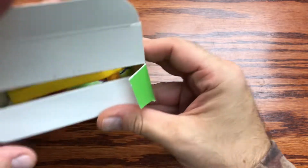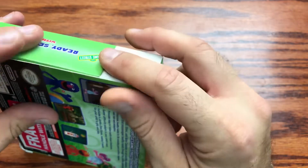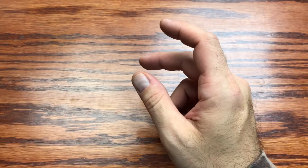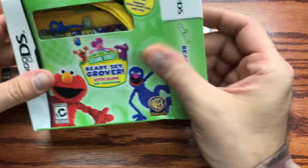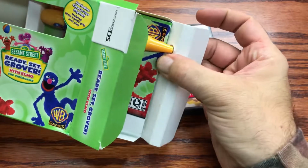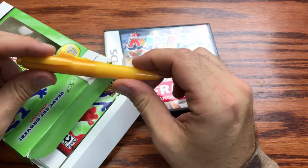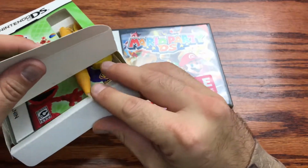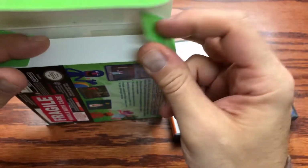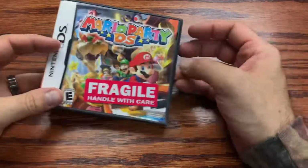It's an interesting little set that they give you there. I wonder if the pen has something to do with the gameplay. If you have to take notes or something. Or maybe it's just a weird gift to give somebody, like a kid, I don't know. I don't think it's a stylus, is it? Oh yeah, it is a stylus. Okay, cool. So it's just a stylus. I thought it was a pen, but yeah, it's a stylus. So that's neat. It's a little oversized, so you gotta use the lanyard, I imagine, to carry it around with you, but...